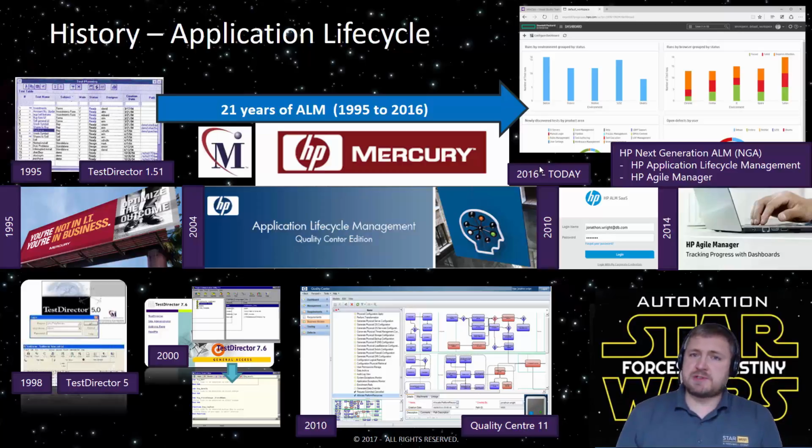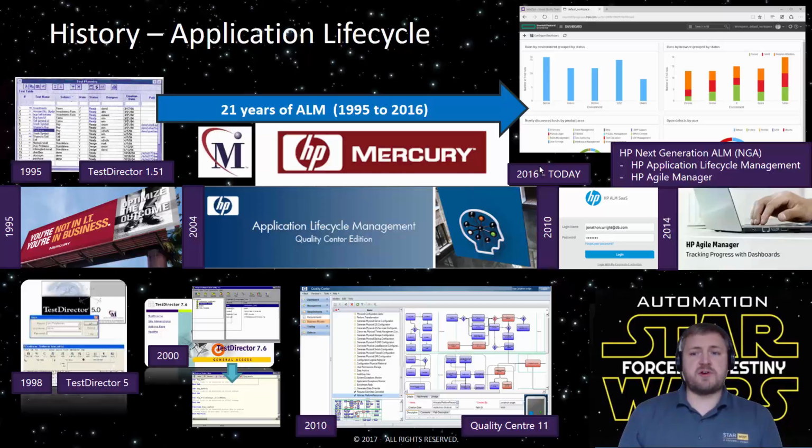The version that I started on was the early Test Director 5, which was more of a client-server application, but had still not made its way to the web-based system which we all know today. I then moved from there to Quality Center, with the introduction of BPTs and business process modeling notation, and then on to application lifecycle management.